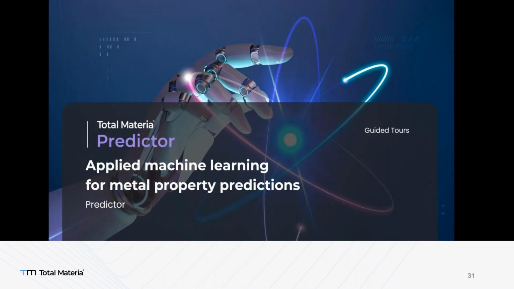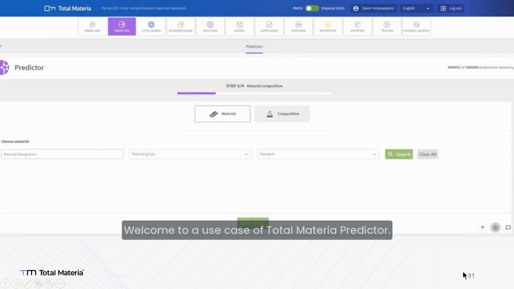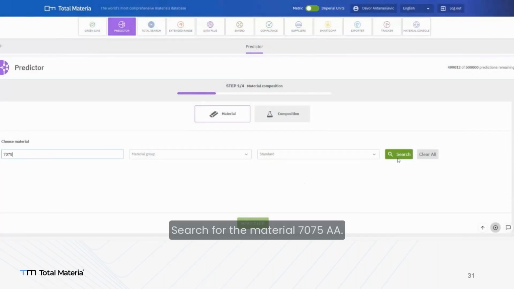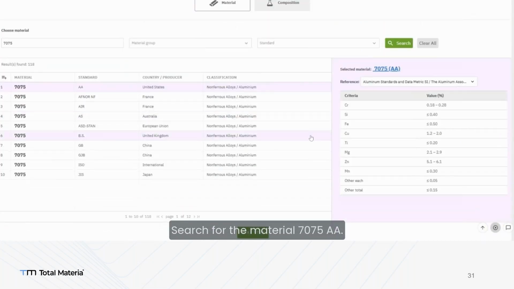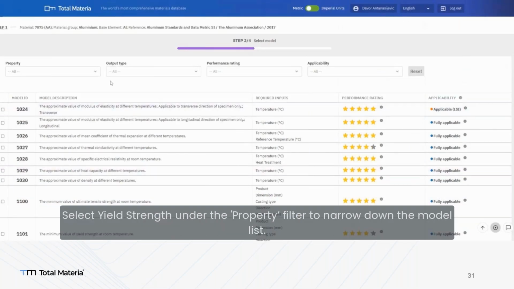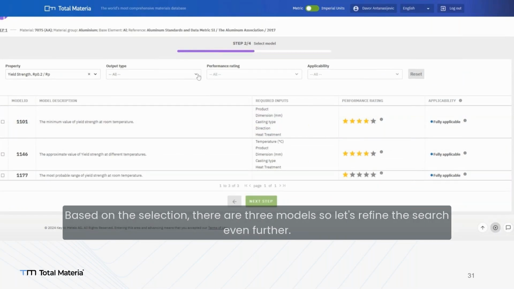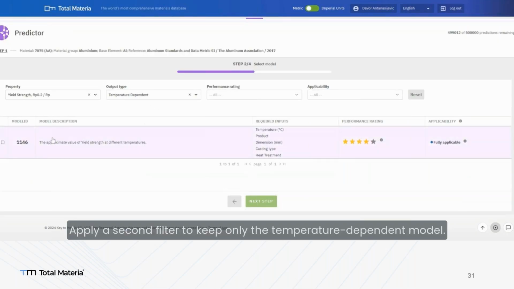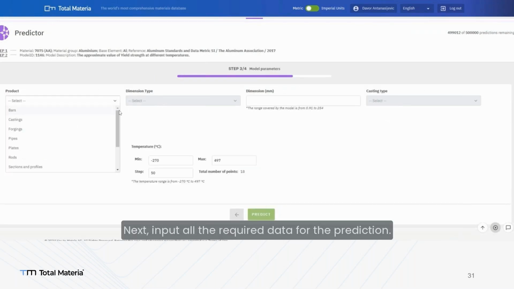This is how it looks like. This is how it works basically. This is the Predictor 2.0, second version. It's updating, it's upgrading. We have a reference data here. We choose the material that we want to fill the missing properties. We need yield strength of this material. Of course, we do have yield strength, temperature dependent yield strength of this material, but here is the difference.